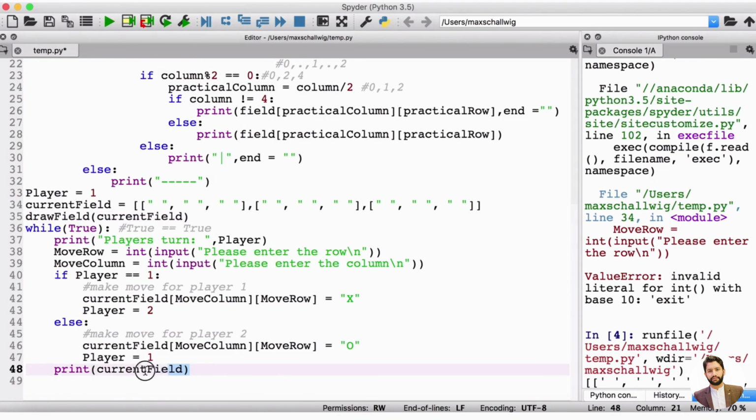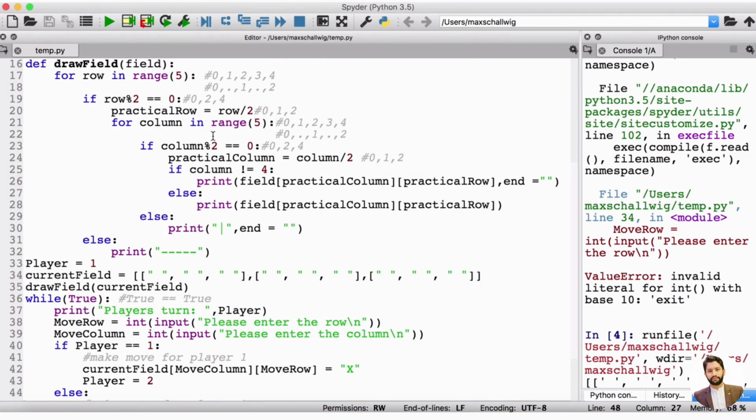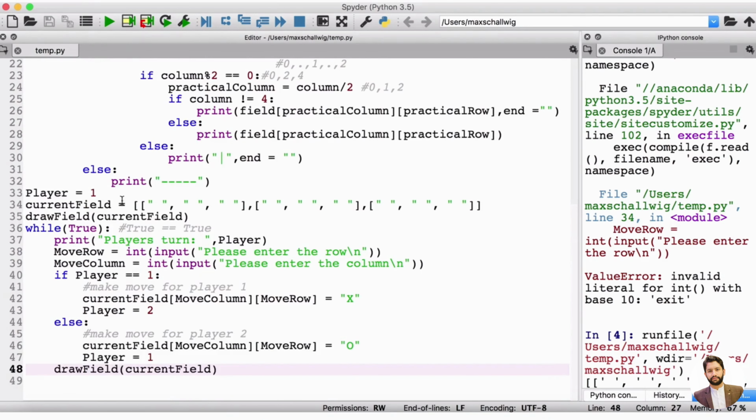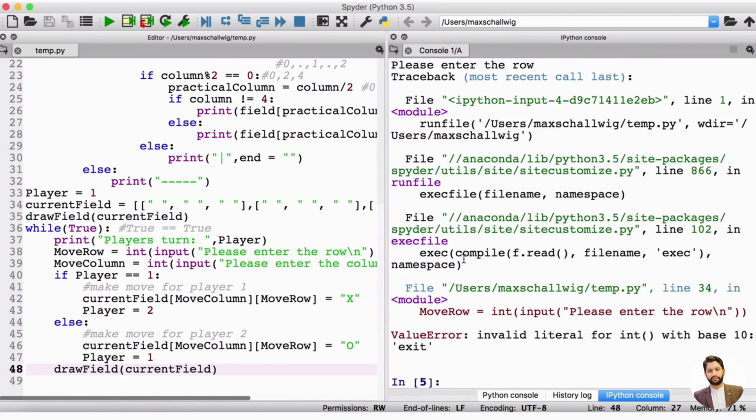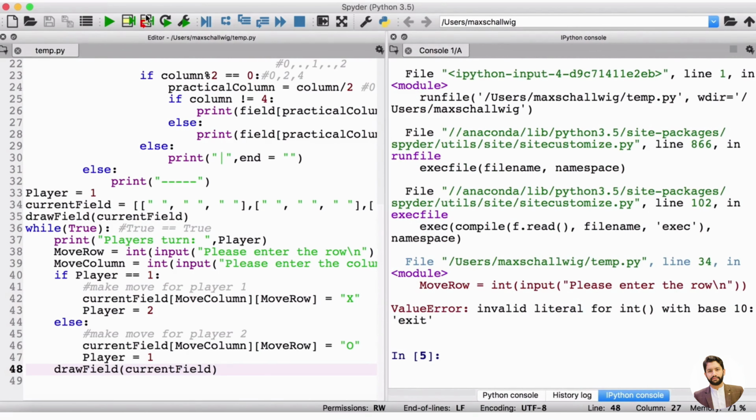Then instead of printing the current field, let's take this out and call the draw field function. In here, our field is also going to be the current field. So all that we've done here is, instead of printing this list, we're using the draw field function that we created earlier that draws our field. We'll draw it once in the beginning when it's empty, and then every time after a player makes a move. So if we make this bigger again and run our code,